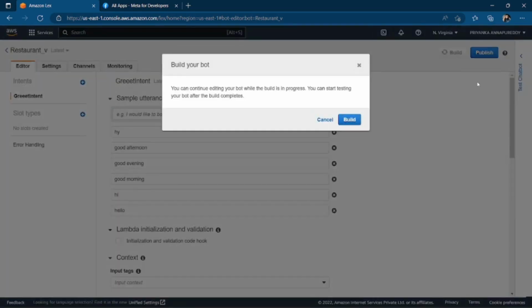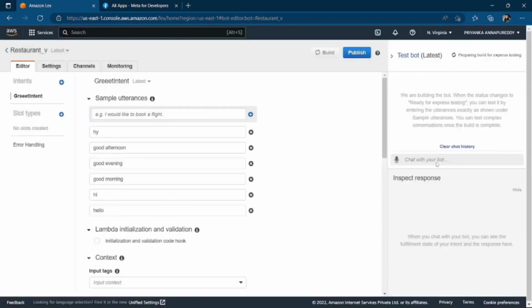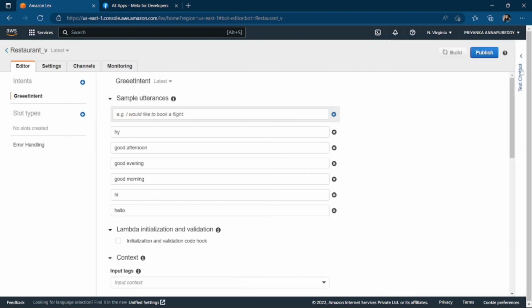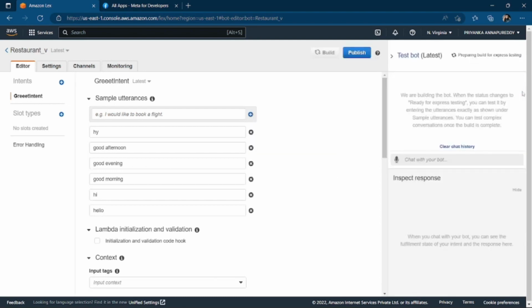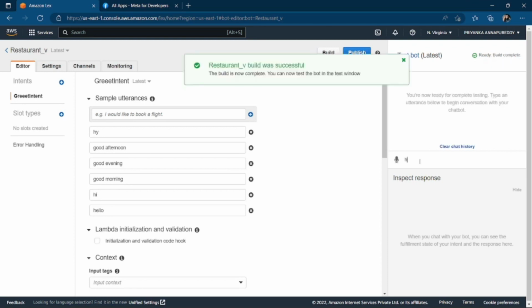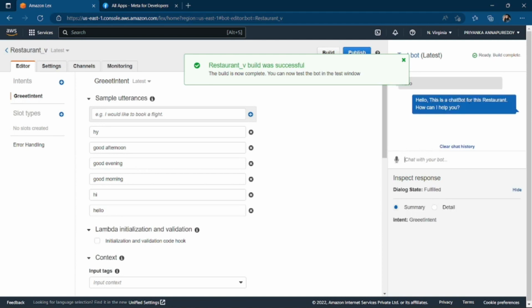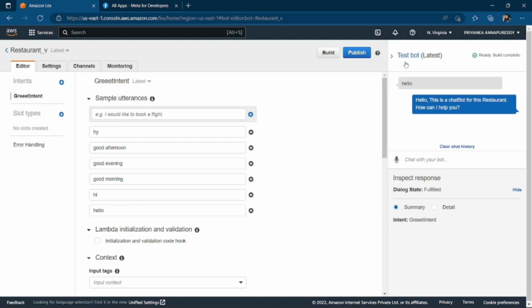Click on build. You can test the chatbot to see if it is working properly or not by clicking on this window right here called test chatbot. After building successfully, we need to check the outputs of the chatbot. Hello. Hello, this is the chatbot for this restaurant. How can I help you? The chatbot is responding properly, and till here